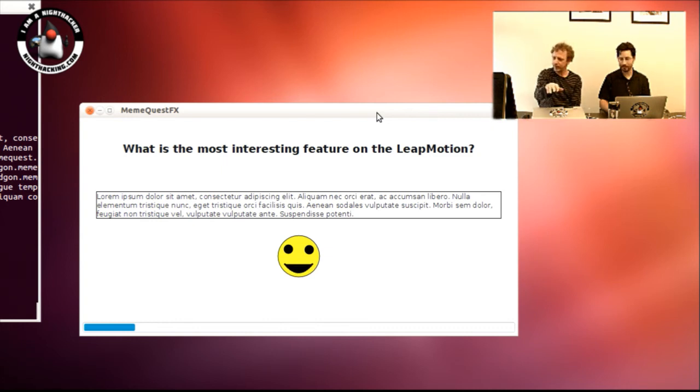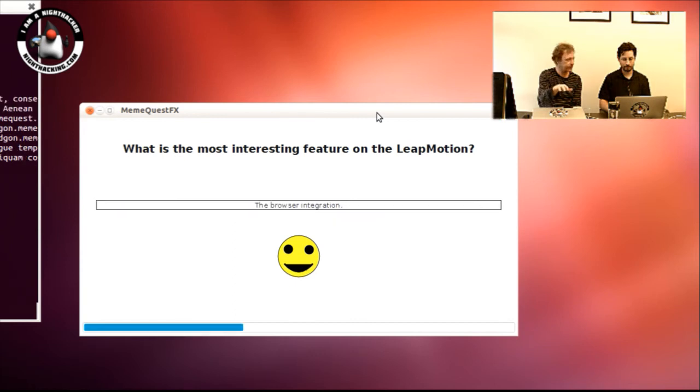For the viewers, it might be to the left because the camera is opposite. Yeah, stage left. I don't like it, I move it to the left. And watch the smiley moving. So if I like it, I agree. And if I say okay, that's it, I tap. Just tap your finger and you go to the next one.